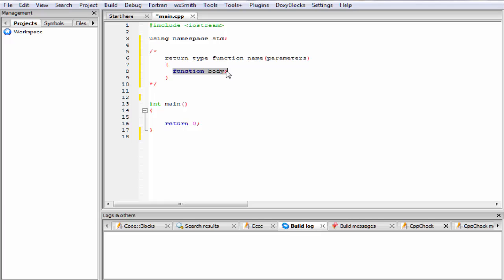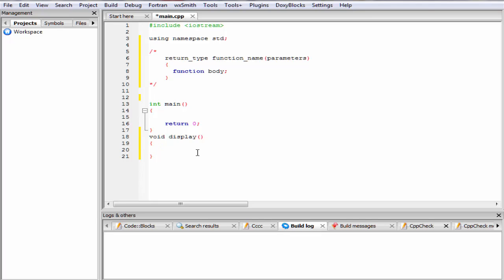Okay, next we see how we can use a function in our program. Here we will write a function named display, and from that function we print something to the screen. To write a function, first we have to specify the return type, that is void, then function name, that is display, and then within the parentheses we have to specify the parameters. Since the function display is not going to take any parameter, leave it blank. Then give here curly braces, and within the curly braces we have to write the function body.